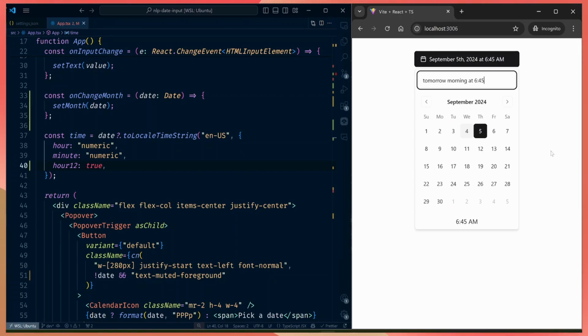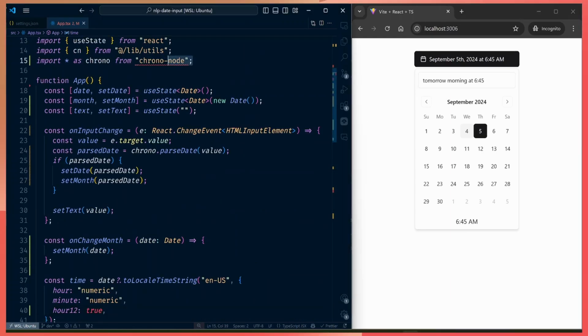I don't know, when I was trying to research how to implement this, I didn't think it's going to be this easy, and I was going to write very little logic to get this working. Chrono NLP actually does all of the heavy lifting, so I'm just using shadcn and Tailwind to make it look pretty. And the idea of using natural language to select dates is just amazing. So I'm going to put this on GitHub for anyone who is interested and anyone who wants to integrate this into their